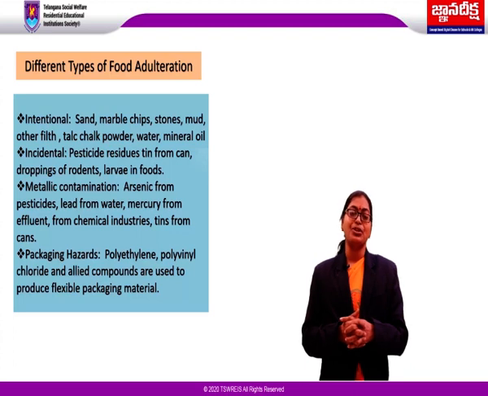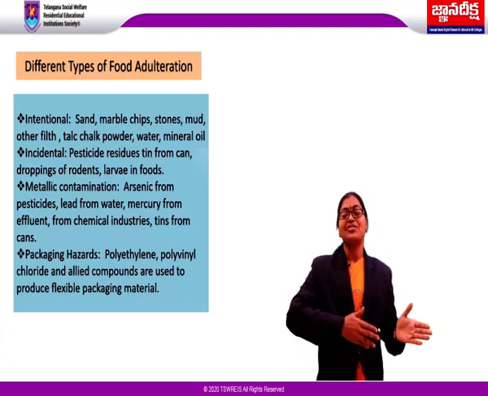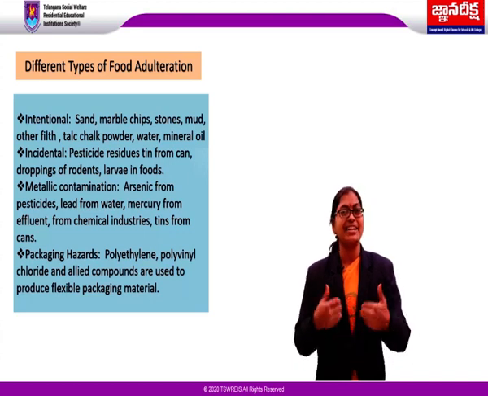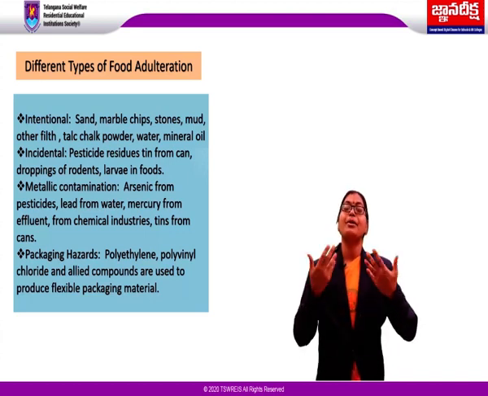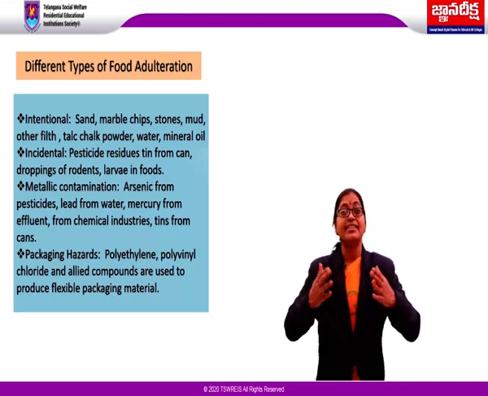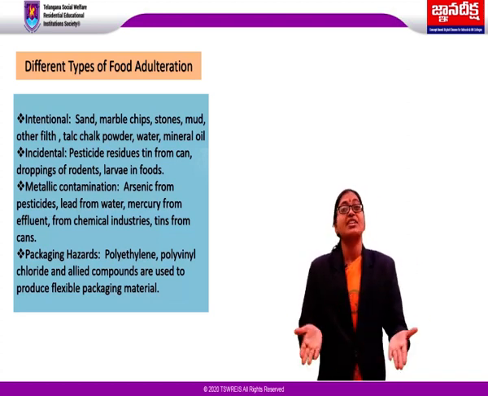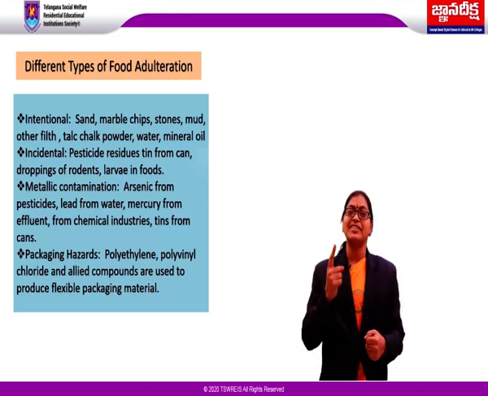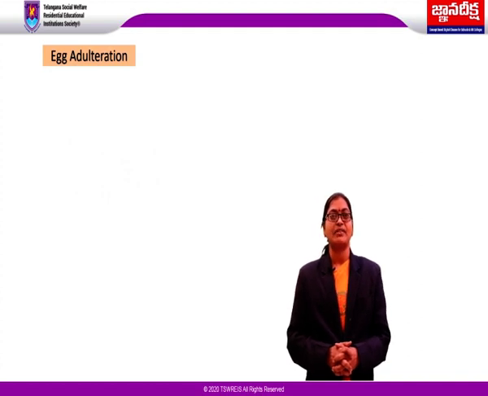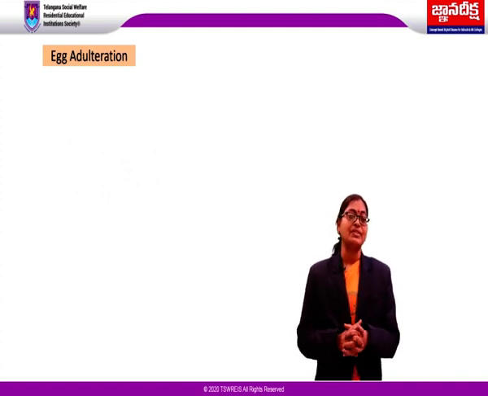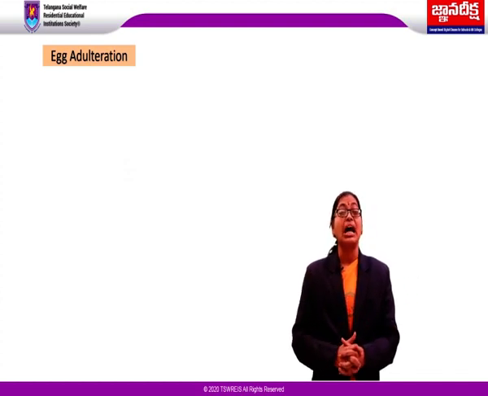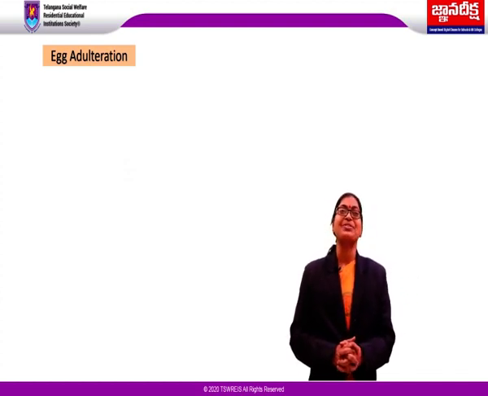Now, generally from morning till the end of the night, we take different types of food substances in our life, right? So now I'm going to give a little detailed information and examples of the other types of food adulterations which we generally use, in which the first one is egg adulteration. The first one is egg adulteration. What a wonderful piece of information. See girls, eggs also nowadays are being adulterated. How? Now we're going to see.